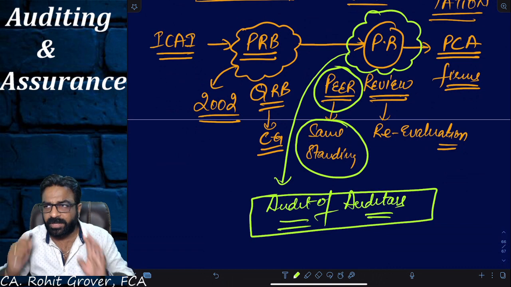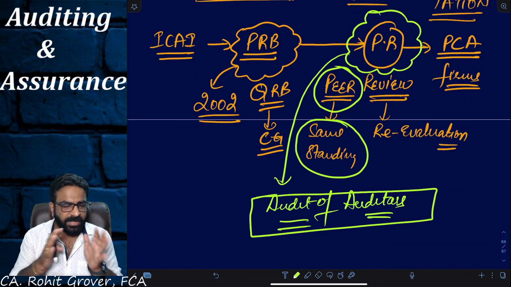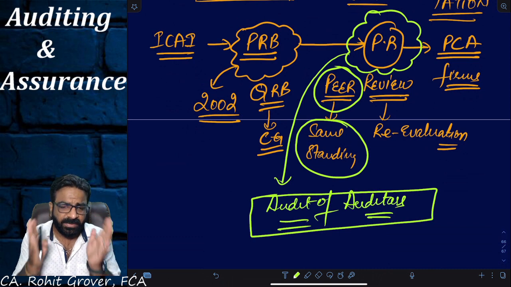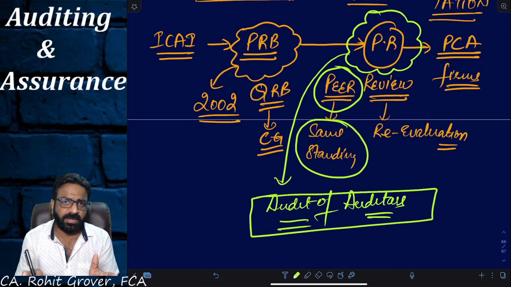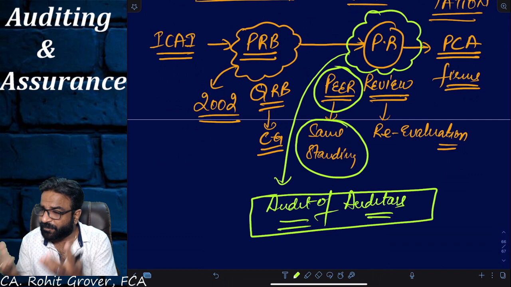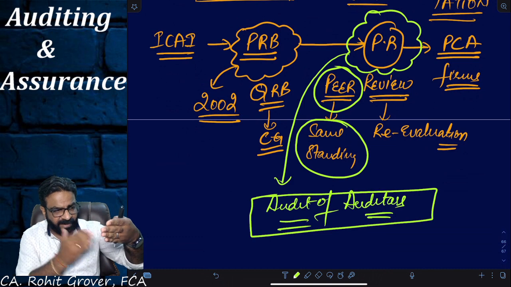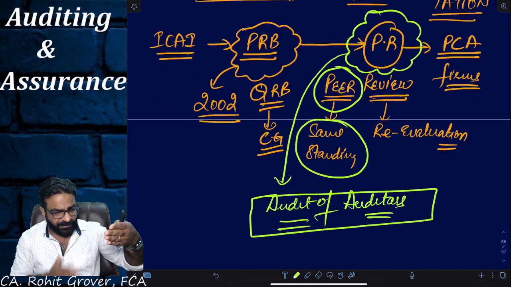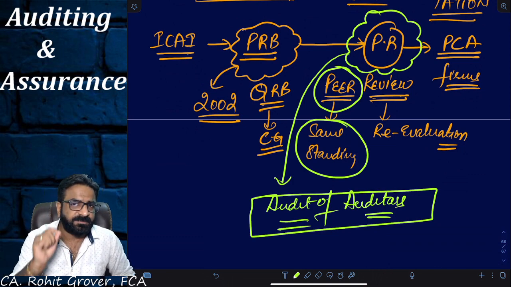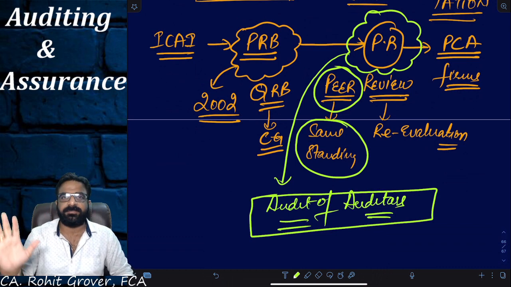Now, what is he going to do in that audit? He's going to come to your firm and check whether you're maintaining quality or not. And how will he check whether you're following the standards on auditing or not? He will simply say, sir, please show me your documentation. Please show me your files which you have maintained. Please show me your evidences which you have collected. From the verification of the files only, the peer reviewer will come to know whether this particular practicing unit is doing the audit properly or not. As simple as that.